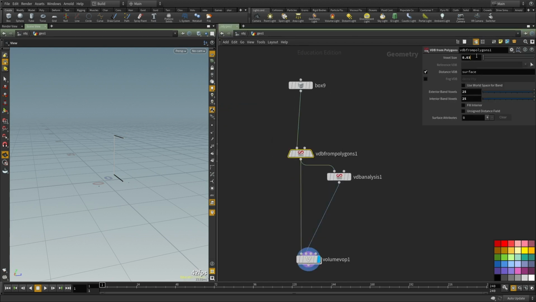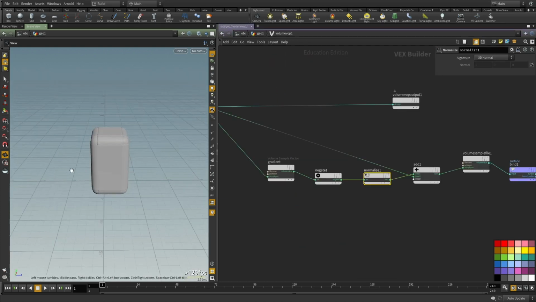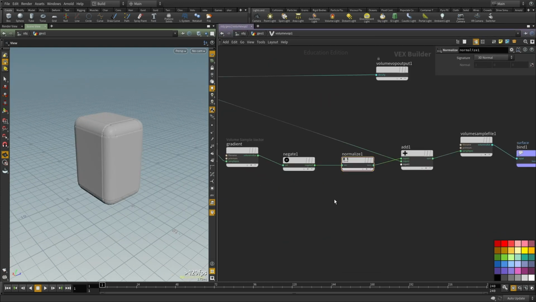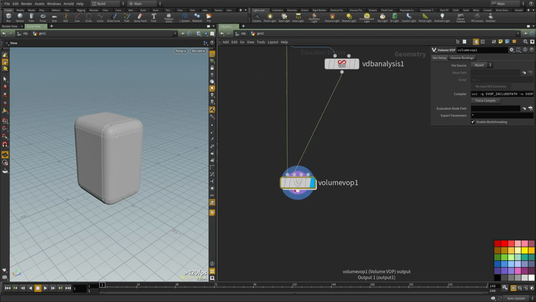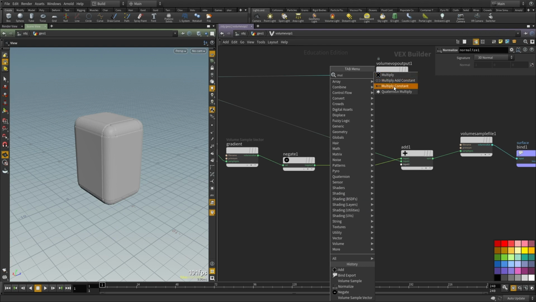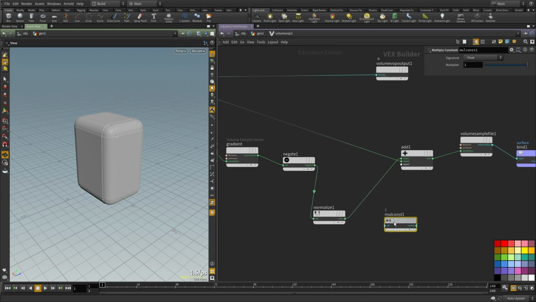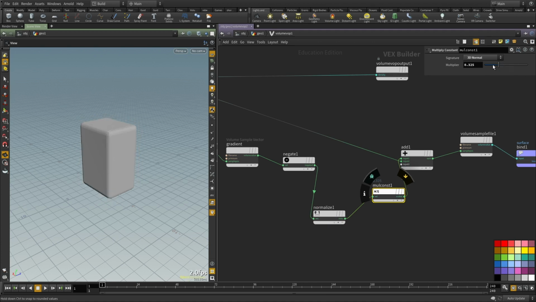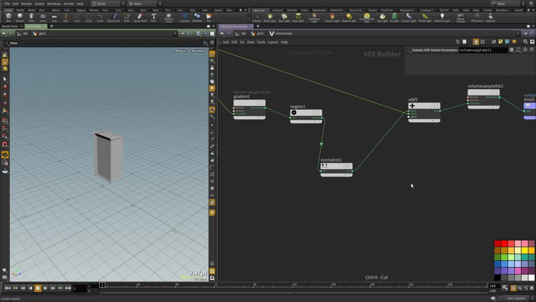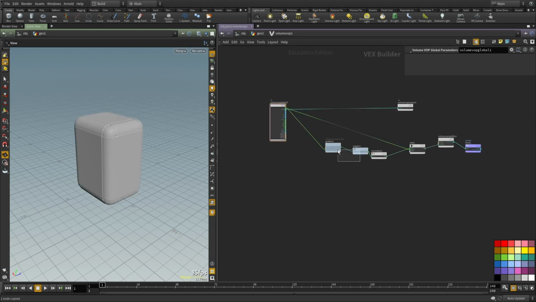Now let me lower this a bit. I'm going to multiply it by 2. Yeah. So you can see the volume has been pushed. And let's add a multiply by constant just to show you the effect. Yeah, we're going to see it go in, and then we can also go negative as well. Cool. So what I'm going to do is delete that, and we're going to create a worley